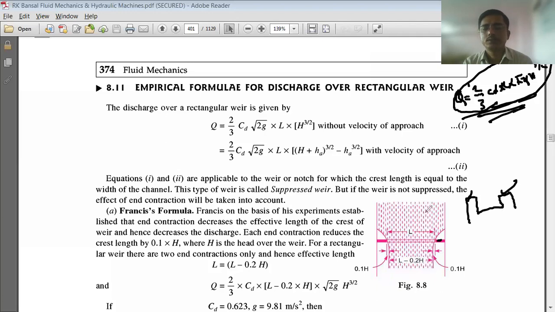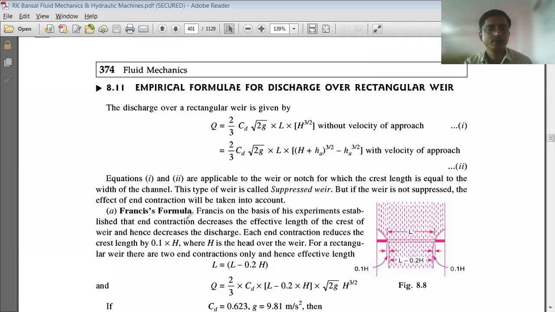But if there is an end contraction, then what should we have to do? What formula we have to use? Okay, so that we will see now. Rectangular weir, आपण हा आपला जनरल फॉर्म्युला बघितला, विदाउट वेलोसिटी ऑफ अप्रोच. जर वेलोसिटी ऑफ अप्रोच असेल तर हा फॉर्म्युला आपण त्या ठिकाणी